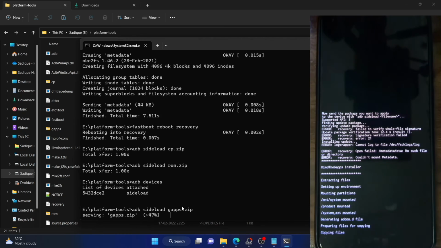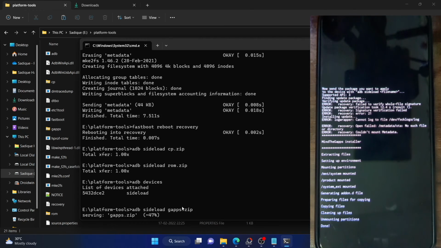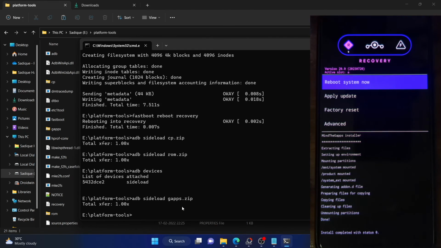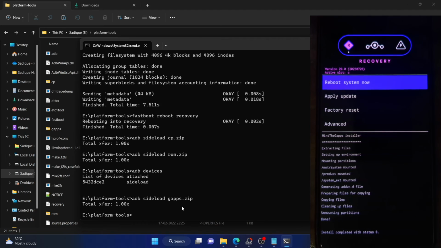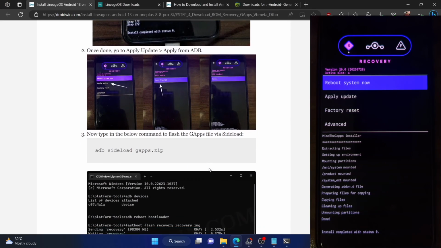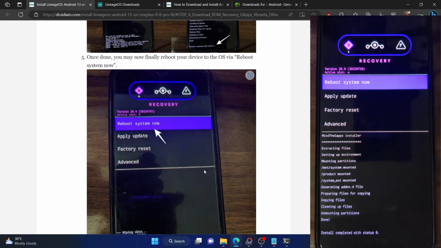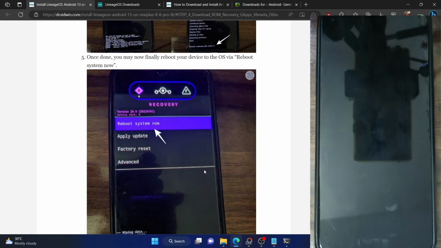And as you could see, the GApps is now being flashed. That prompt was completely normal and you will get that every time you flash any file which is not a part of Lineage OS. So with that said, you could see that the install is now done and we have got the GApps as well. So once the flashing is now done, you could now simply boot your phone to the OS and check out the new Lineage OS. So tap on reboot system now